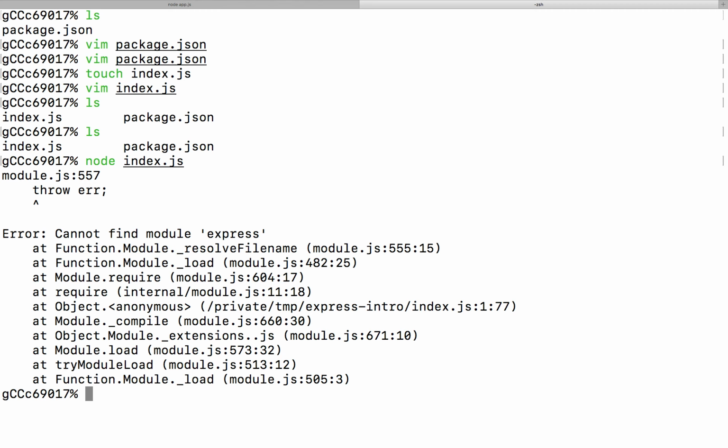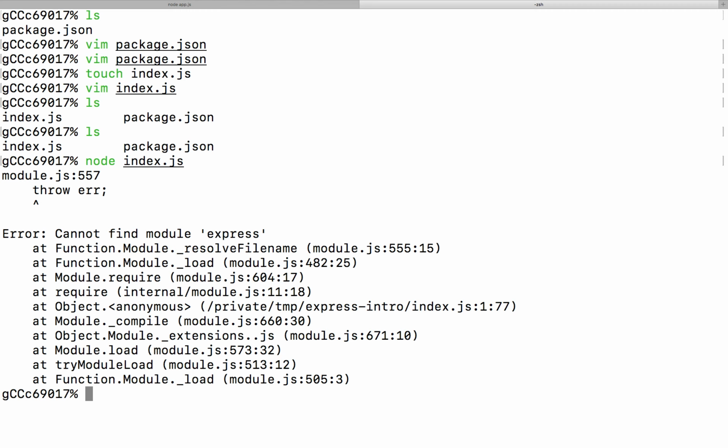Another thing I want to start helping you get better and better at is these error messages can seem pretty freaky at first, but once you learn to approach them with calmness, you'll often find they're more helpful than they first look. So, cannot find module express. Well, first thing is, did I spell the module name right? In this case, yes, I did.